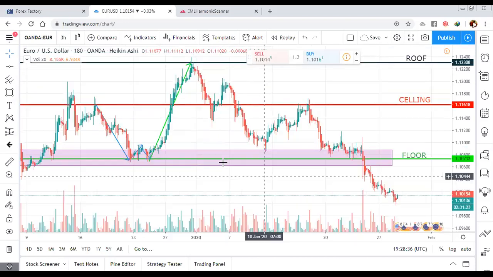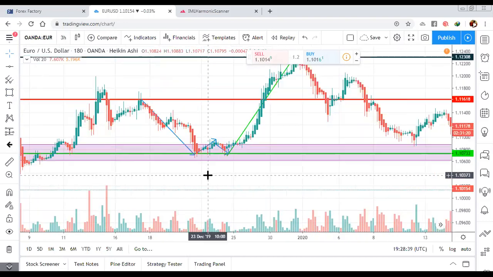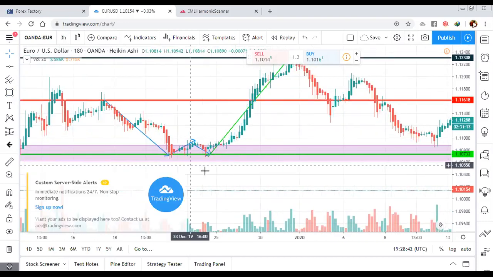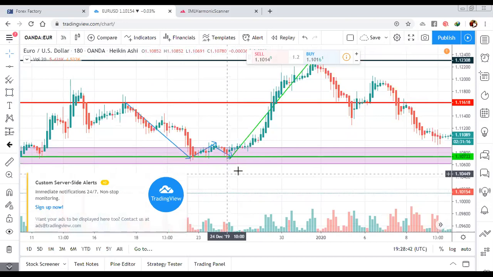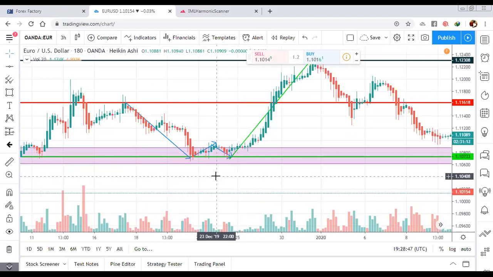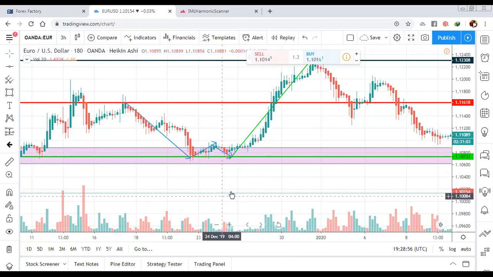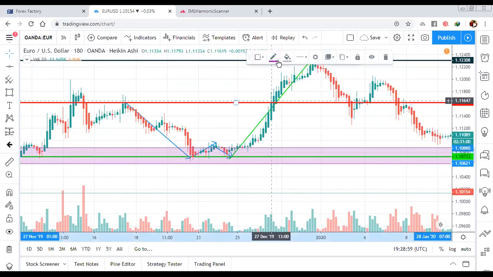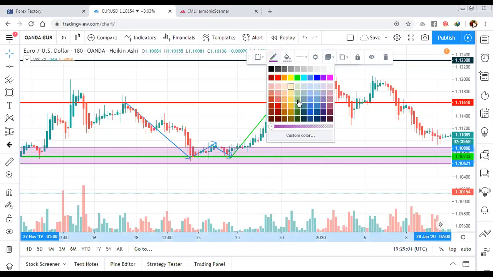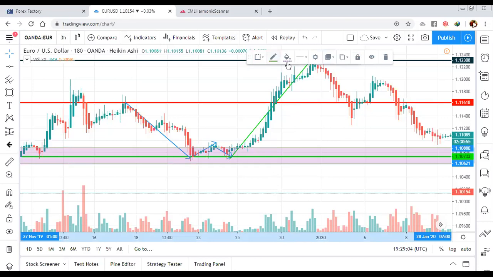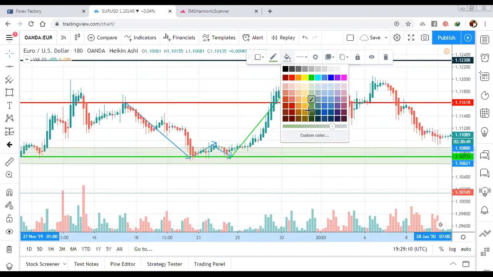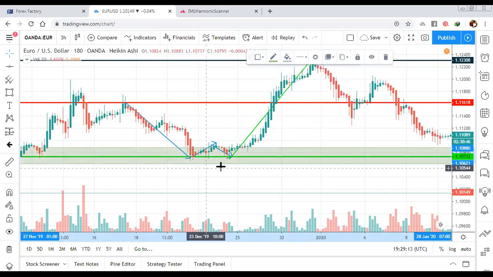Now take a look at this box. Take a look at what is happening in this box. Inside this box, let me put the box and leave the box color as green. Now, inside this box, you can see that